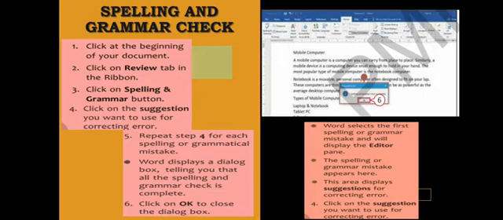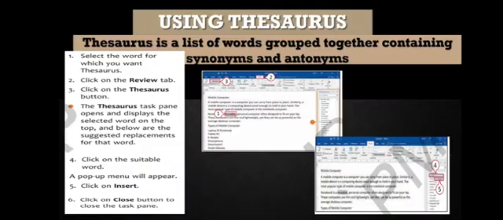It will give you a few suggestions which you can use for correcting errors. Repeat the step for each spelling or grammatical mistake. Word displays a dialog box that tells you all the spelling and grammar check is complete. At last, click on OK. In this way, you can check your spelling and grammar.